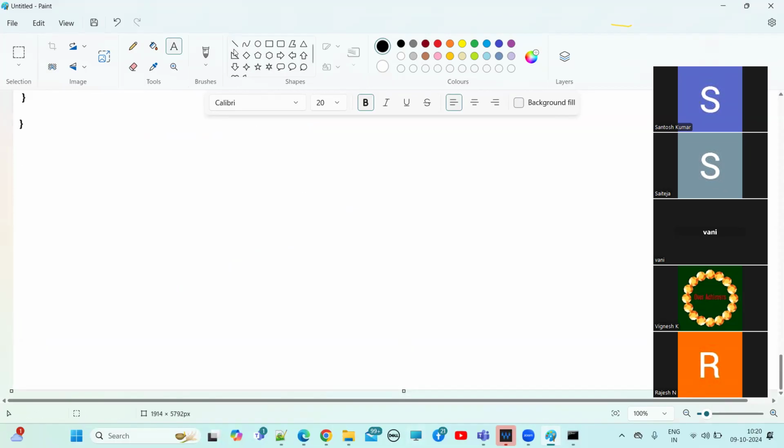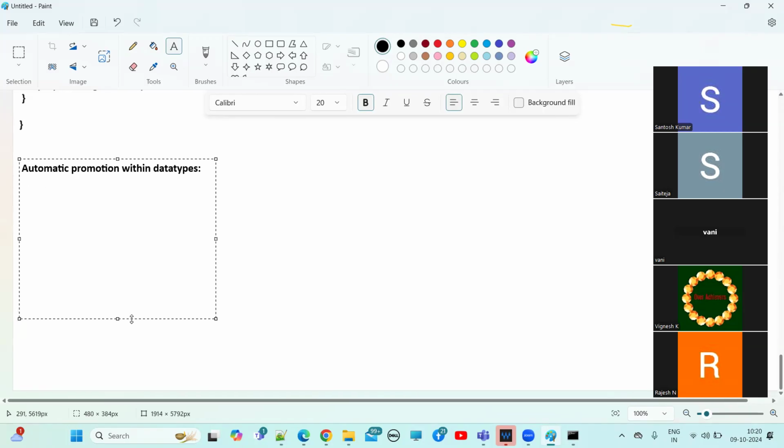Okay. So now here, I'm writing the diagram, guys. Automatic promotion within data types. Okay. So now what is that? That's what I asked you. Remember this one, but no one is remembering, it seems. Fine. Byte. So now